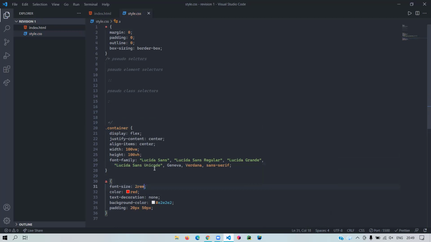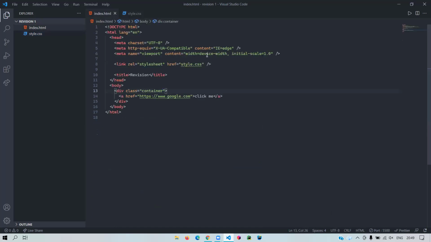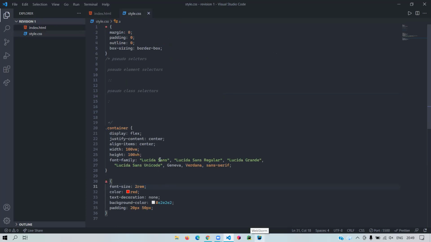Okay, why am I using rem and not pixels? It's a good practice. So what does VH mean? VH stands for viewport height and VW stands for viewport width. You see this meta viewport tag over here, and its attributes and their values are responsible for responsive design. Let's say you don't want to define the size for every viewport. What you could do is use this property.